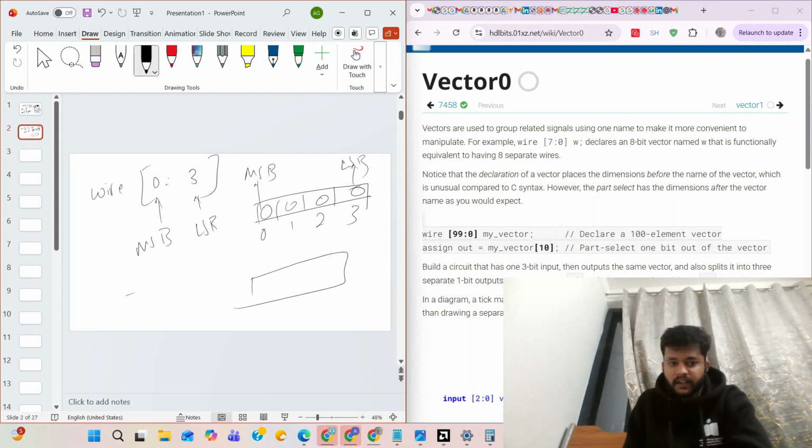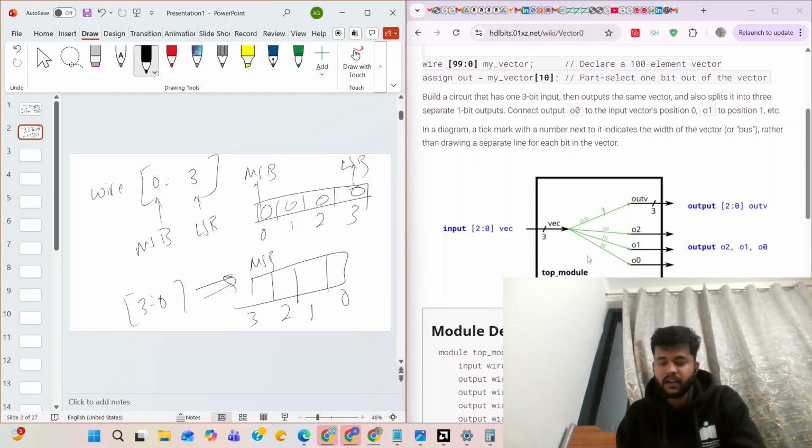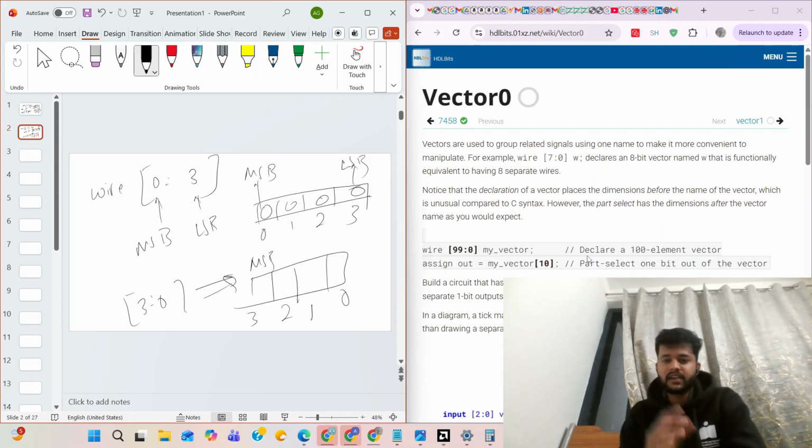And if the instantiation is like this, the MSB will be like that. This is the writing style of those vectors. They are nothing but a group of signals.